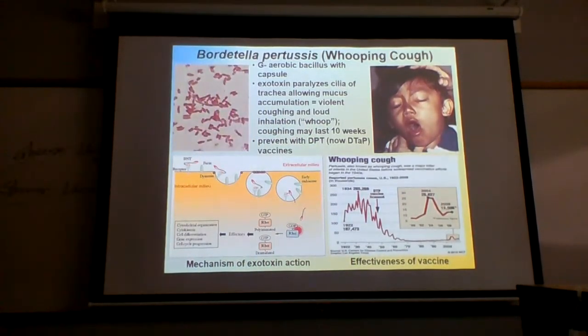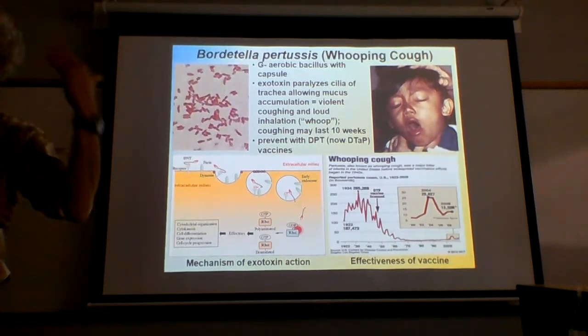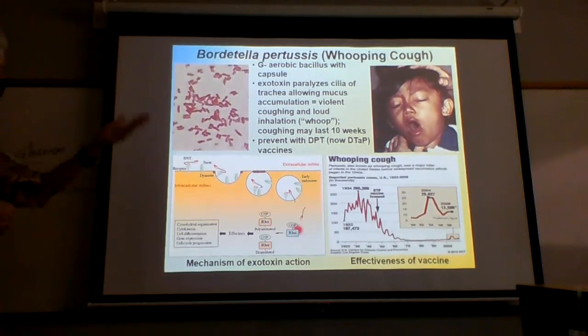Now, one of the things that's interesting to think about is that this bacteria is probably still floating around all the time. So maintaining a vaccine is not a matter of herd immunity anymore. In this case, the bacteria is present all the time, so you don't get herd immunity in that it's going to be around. You have to always maintain this vaccine, otherwise you start to have an increase.